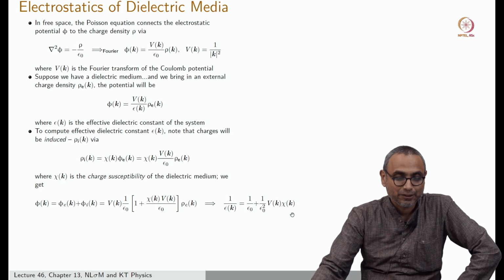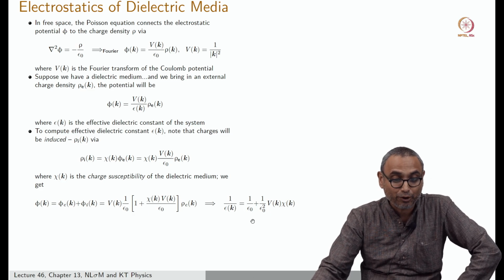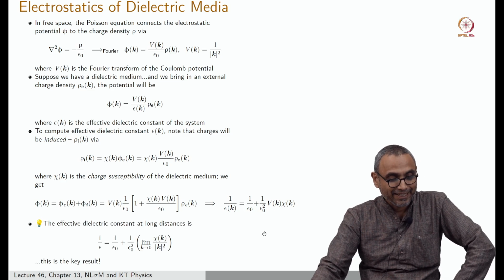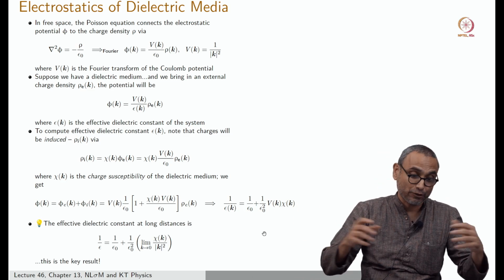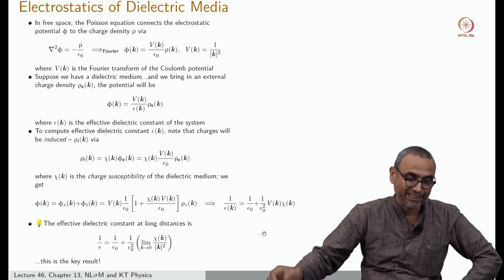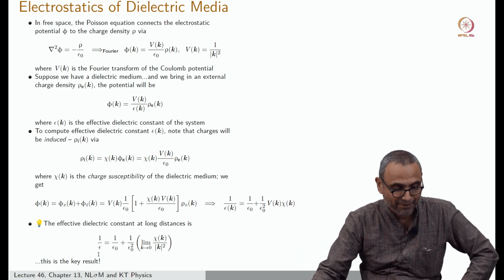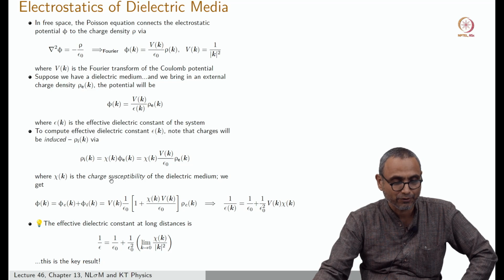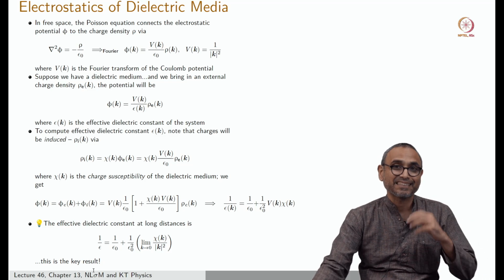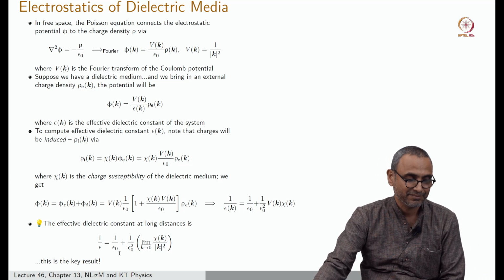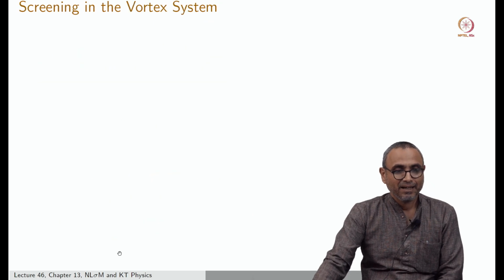Okay, so this is the most important result. And what is the long wavelength, or long distance, effective dielectric constant? So 1 by epsilon, taking k going to 0, will be written like this. I have just rewritten what is V of k, etc. And this is the result that,